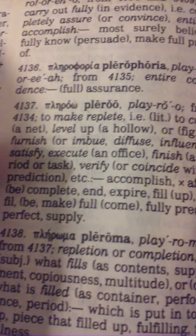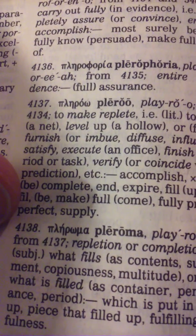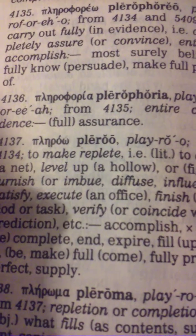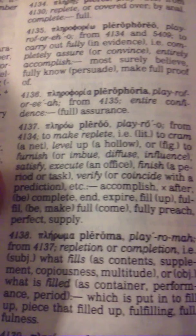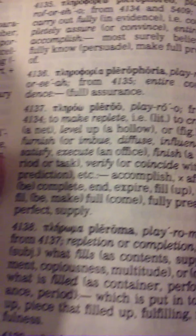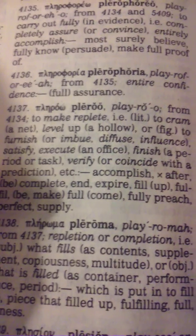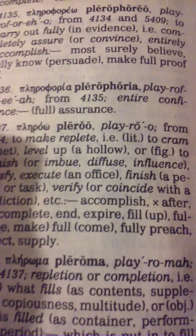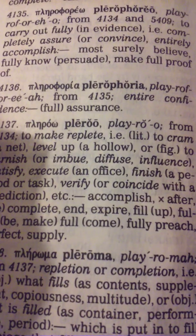Keep going down there. Executed, finished. So now that's kind of like what they're... Oh, I guess we can read the whole thing. Finished, verified. So that's pretty much what the word means right there. All that stuff. So to make replete,